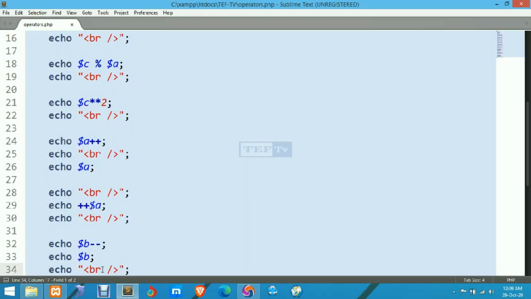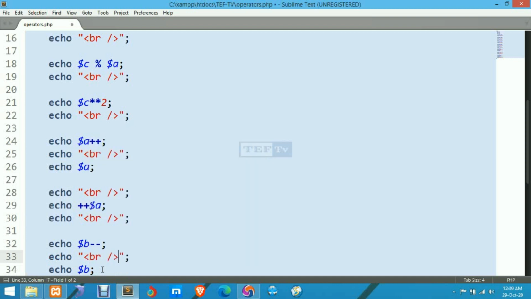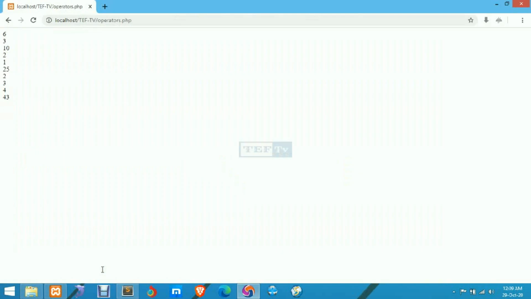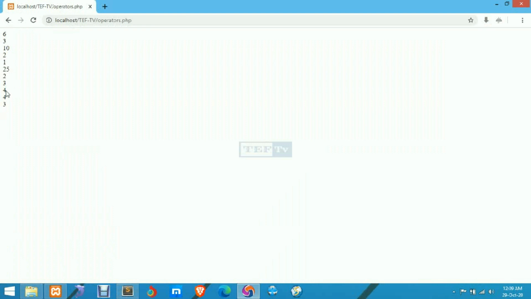My mistake, because I did not use the line break between these two statements. Echo, BR, Control S. Now let's refresh this one. As you can see now, the result of decrement operator first was 4, this 4, then it became 3 on